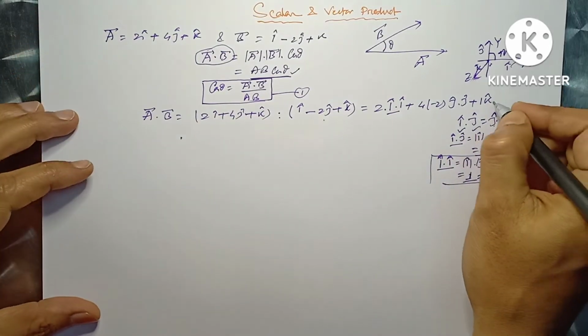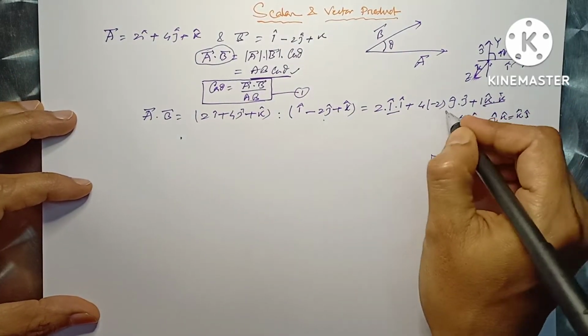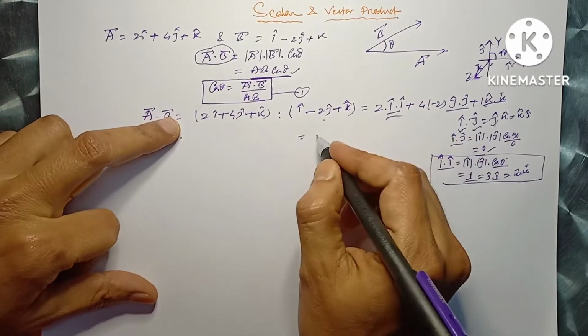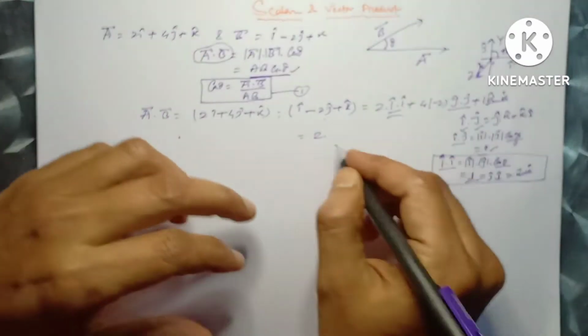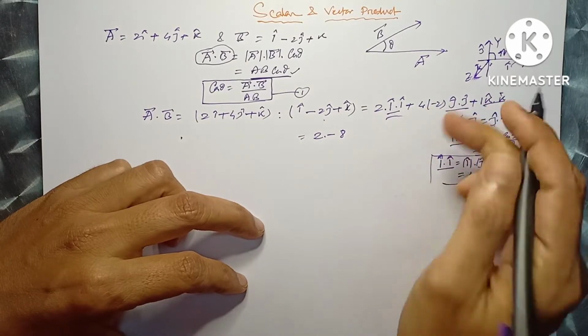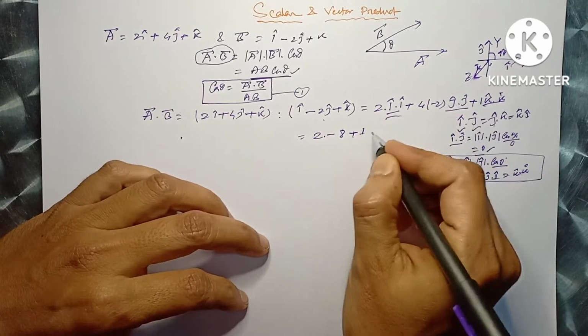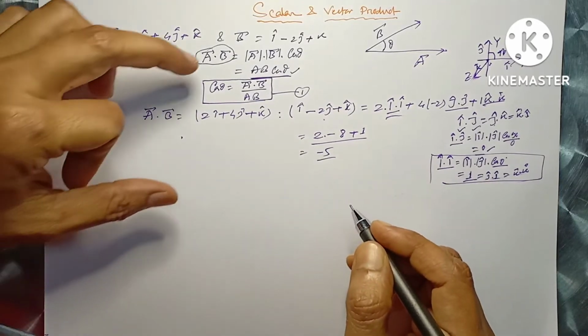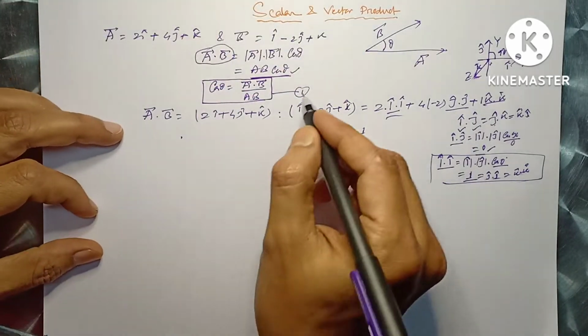So we get a vector dot b vector equals 2 into i cap dot i cap, 1, minus 8 into 1, plus 1. So we get minus 5, and from this equation we get